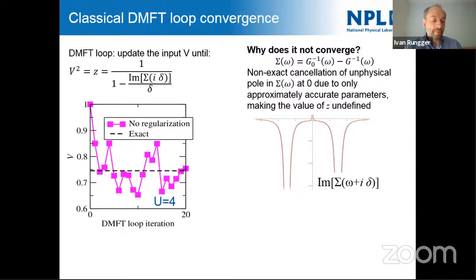So although my numbers were within error, well, actually this was simulation, so it's just statistical measurement noise, I'm very close to the exact solution, but it's enough to still make the solution so wrong that I cannot converge. And so we did analysis of this, and the reason for this kind of peak here is